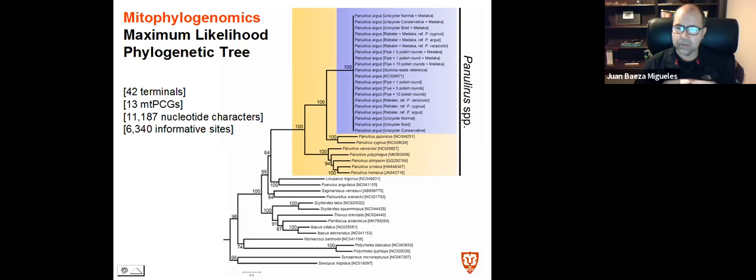And the point is that definitely we know that the mitochondrial chromosome is just a single marker. We are interested definitely in using nuclear genomes, but my point here is that mitochondrial genomes can provide you with a lot of reliable information to reveal phylogenetic relationships among groups of closely or not so closely related species. In this case, in the same genus, family, or even infraorder in the case of this crustacean